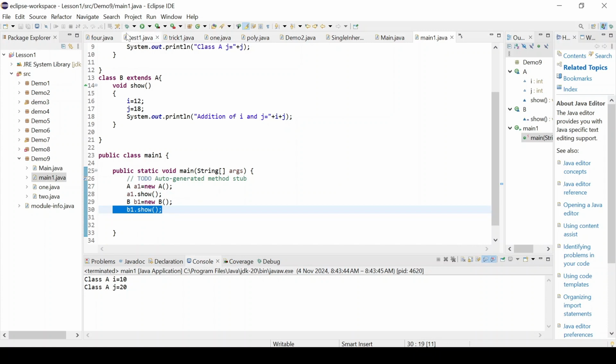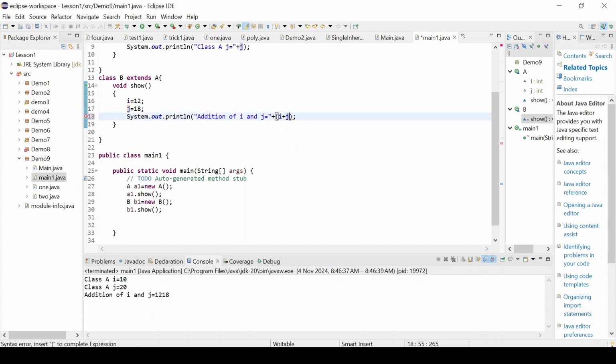Save it and run it. So it has shown class A I equals to 10 and class A J equals to 20. Addition of I and J, it is not showing addition, it is concatenating 12 and 18. So what we have to do here is put brackets,